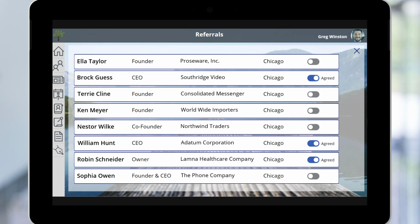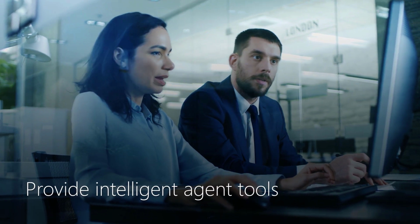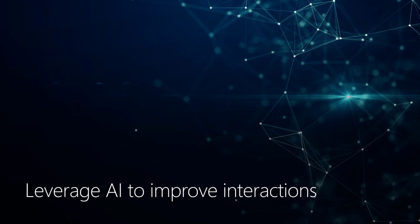sell more intelligently. As you've just seen, Microsoft is empowering life insurance companies to provide intelligent agent tools, deliver engaging policyholder experiences, and leverage AI to improve all